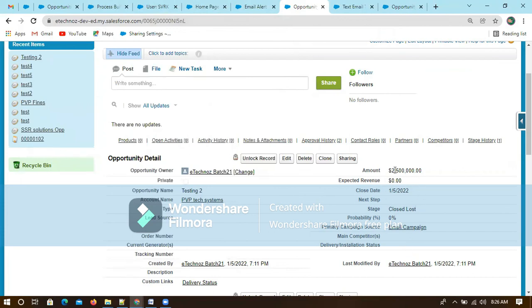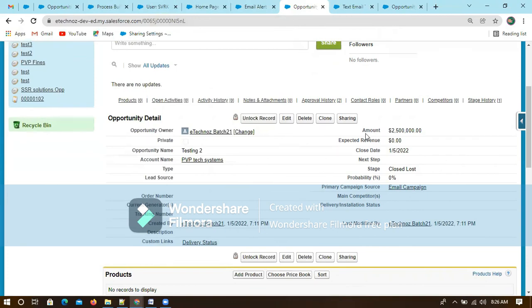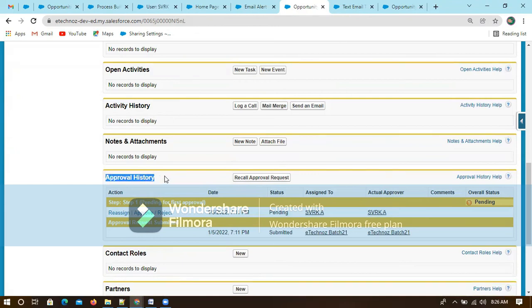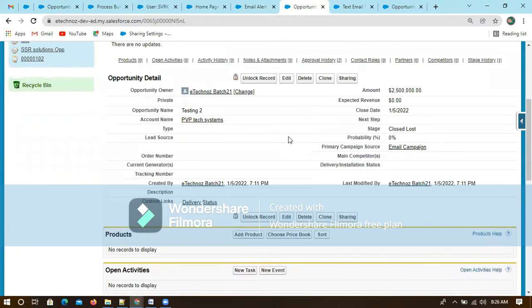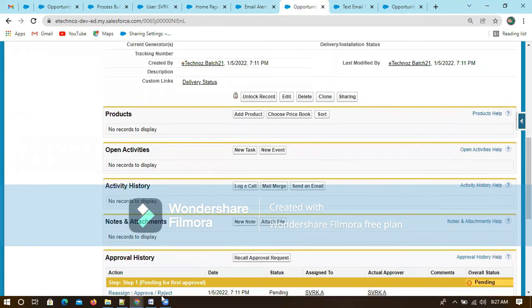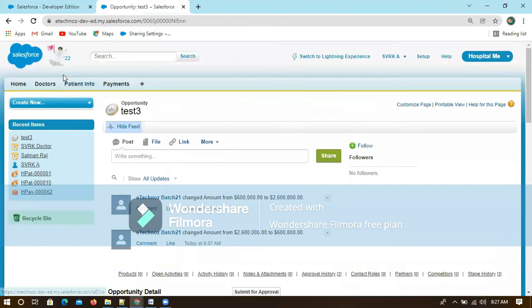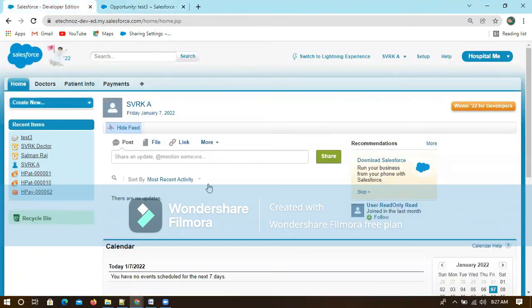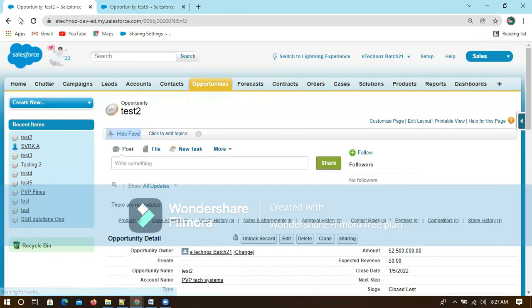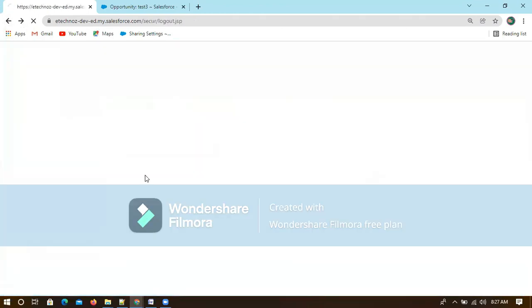Once the approval process has been executed, we can see something like this, and we can also see the approval history, whether it is rejected or approved. Right now, for this testing, nothing has been done because we haven't gone to this user to approve, and we have not approved or rejected, so it is not affecting anything over here. If you go to the home page from that user, under approval, you can click test two, or you can do it directly from here itself. We have something called approve or reject, right?